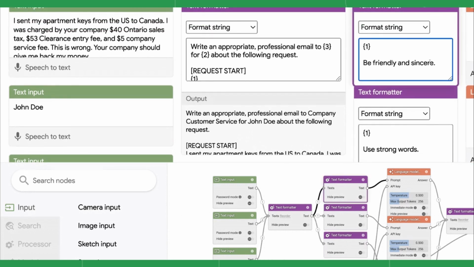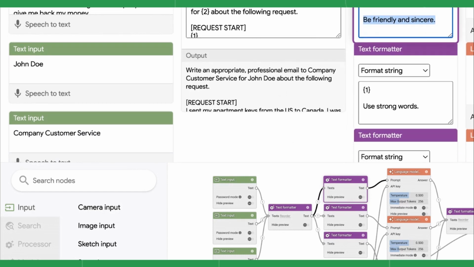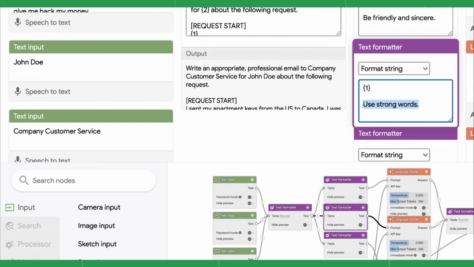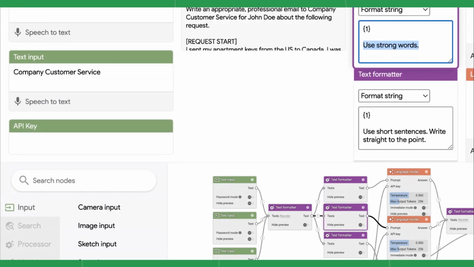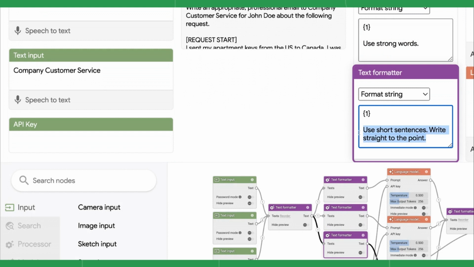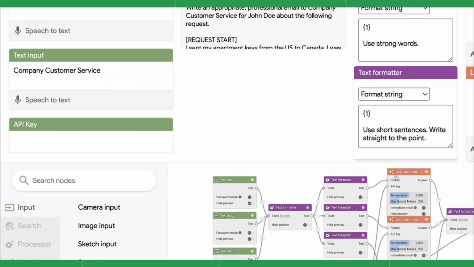So the first one, I say that's the main instruction, but I attach something more specific: be friendly and sincere. And then the second one, I said use strong words. And then the third one, use short sentences, write straight to the point. So these are three email tones I want to generate. And for each of these three instructions,